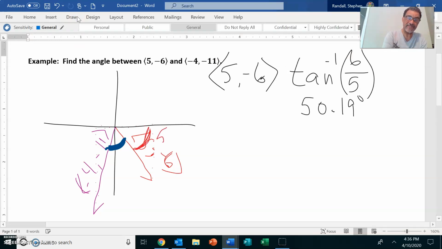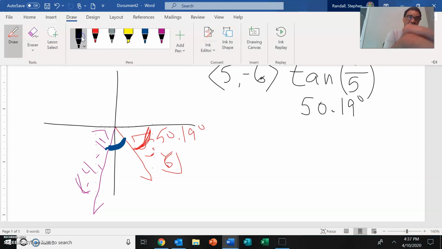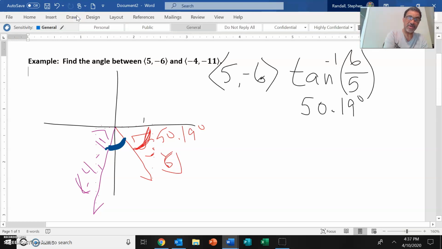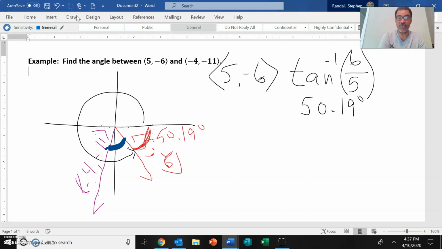So this is 50.19 degrees. Our direction, on the other hand, is the angle starting from 0, which would be this. And since that's in the fourth quadrant, it would be 360 minus 50.19, which equals, let's go to our calculator and see,